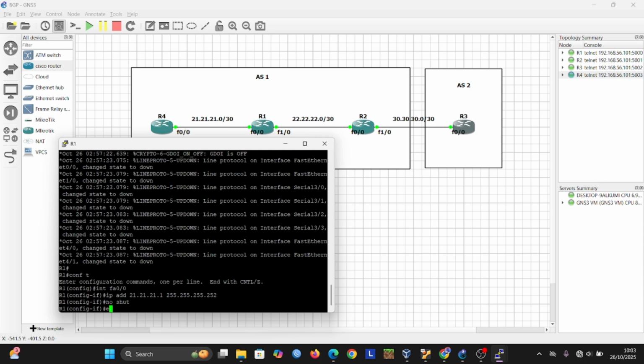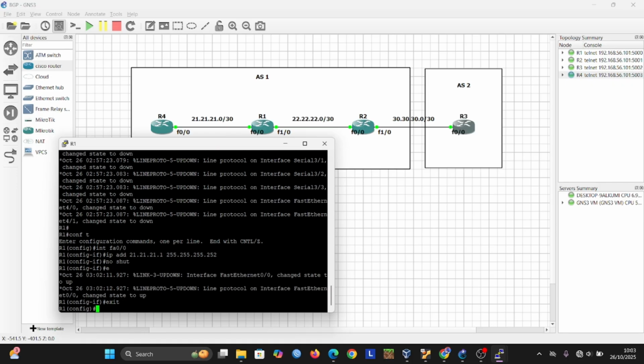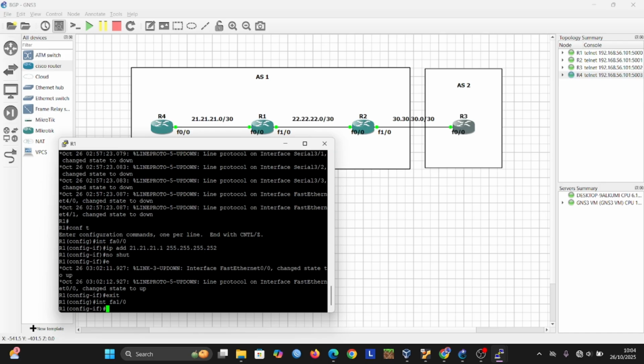After this we exit. Then we configure the second interface, to router 2, with an IP and subnet mask.